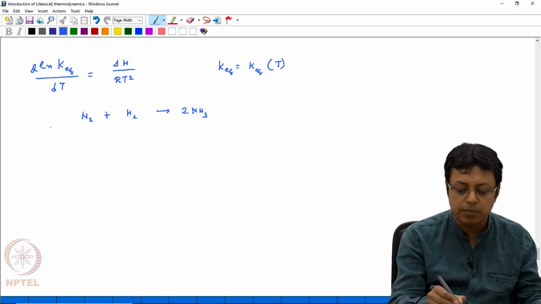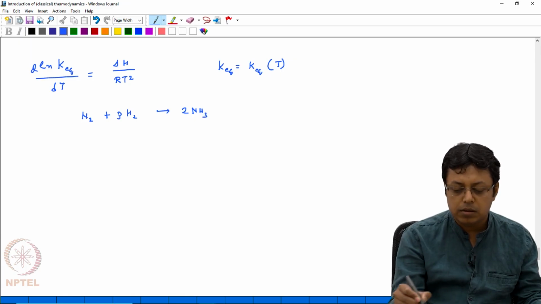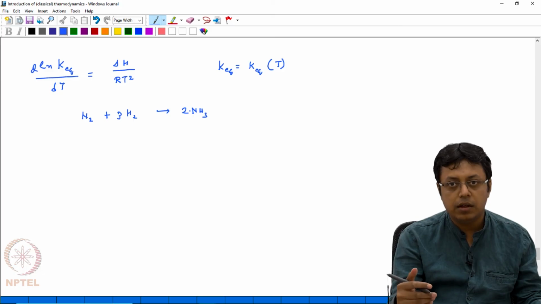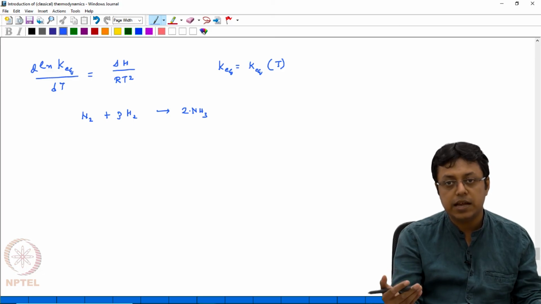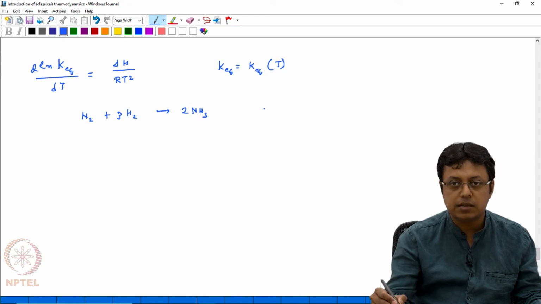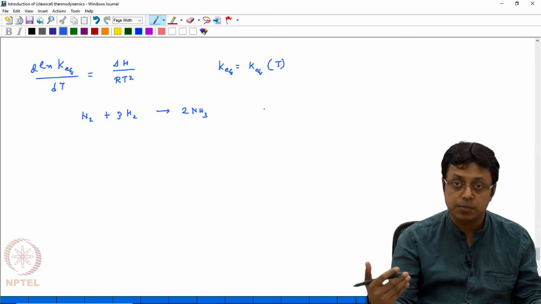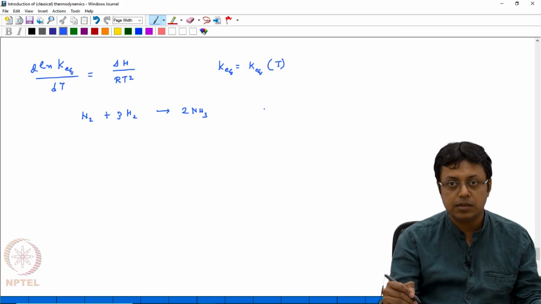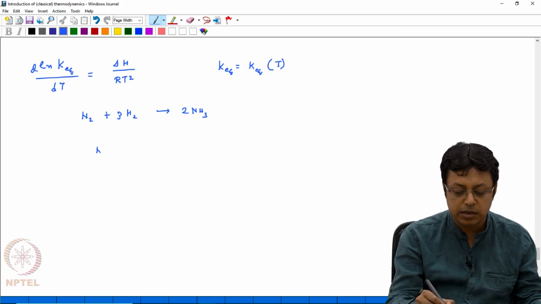It's an industrially important reaction, and actually the key reaction to produce many fertilizers. Here this reaction is exothermic, which means heat is produced in this reaction. And then if you reduce the temperature too much, the reaction doesn't occur, because initially you have to break this